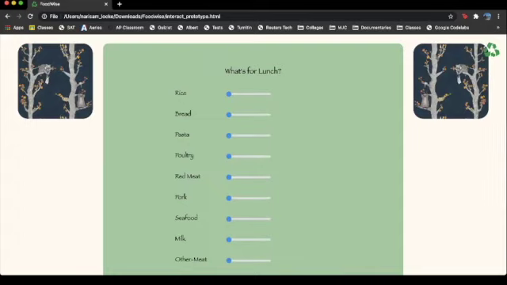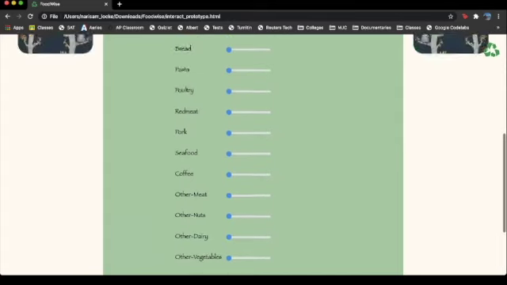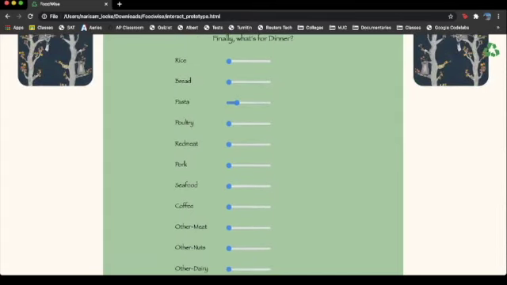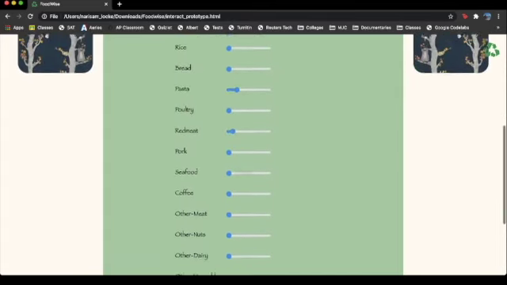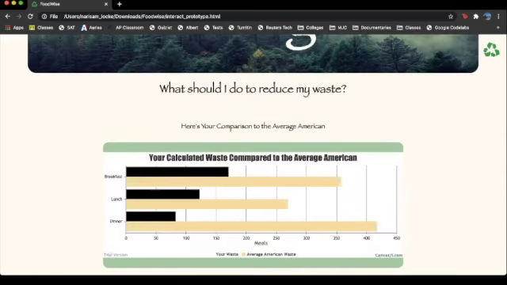But because of this generalization, the user's data is not as specific, and the projected food waste is less accurate depending on how reliant the user is upon the other categories to fulfill the inputs. From the inputs, the total calories consumed is calculated for the user. Using data from a study from the University of Vermont, the waste in calories is calculated and is compared to the waste of an average American throughout the day in a bar graph.